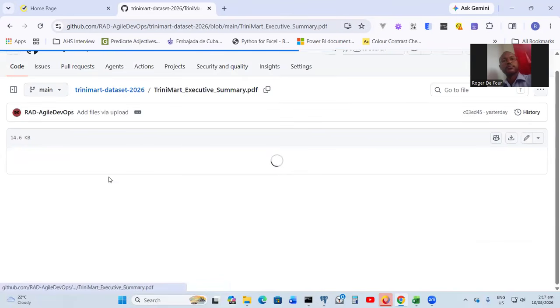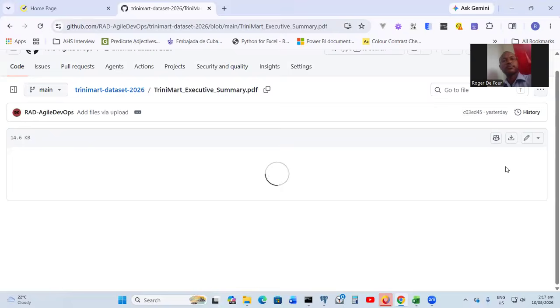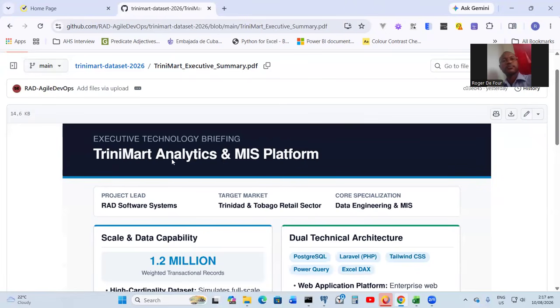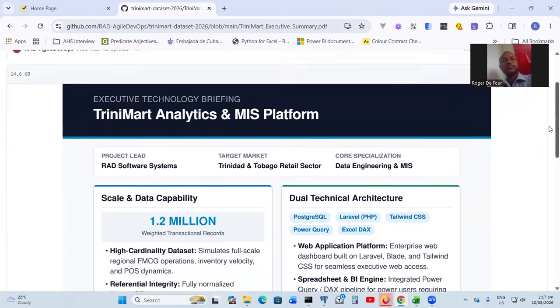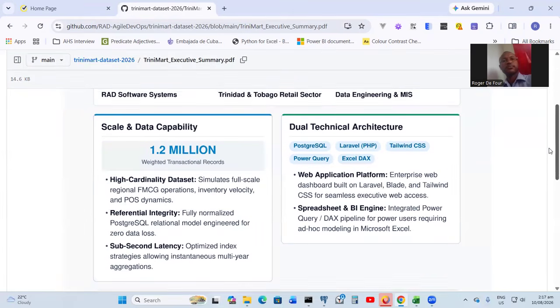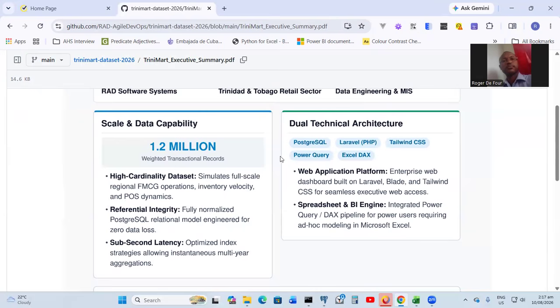I've got here an executive summary for stakeholders to take a look at. It says Trinimart Analytics on MIS platform. And it shows the various technology that I had used. I had actually converted it into a Laravel app, a web application. I may show you all that at a different point in time, but essentially it just shows the versatility of